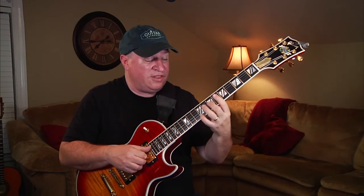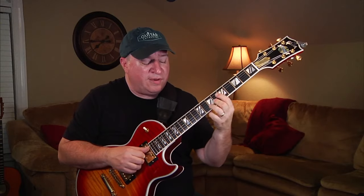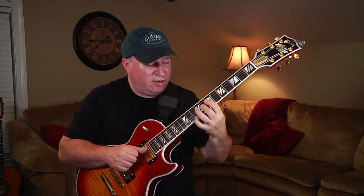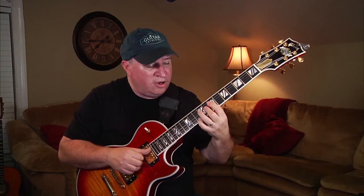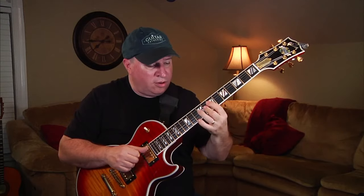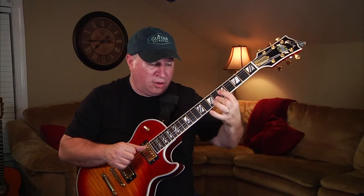Then I have an F 13th. Hey, that's the same shape as the G augmented sharp 9, isn't it? In jazz, especially that shape, you can use it for all kinds of different purposes. So that one, number 12, sounds like... If I add some color tones... All I did was go...